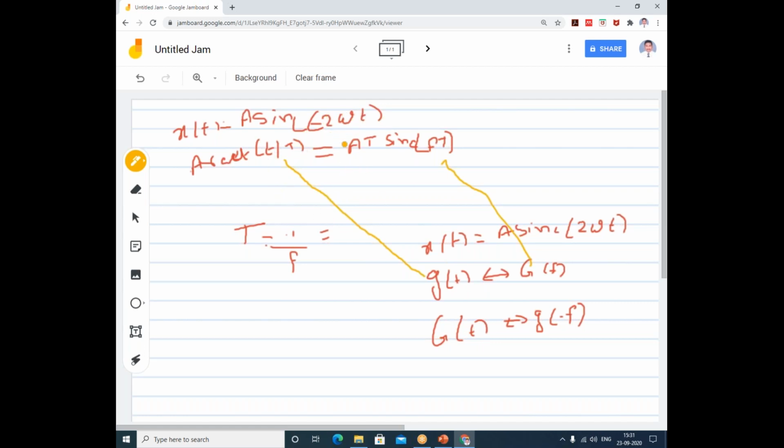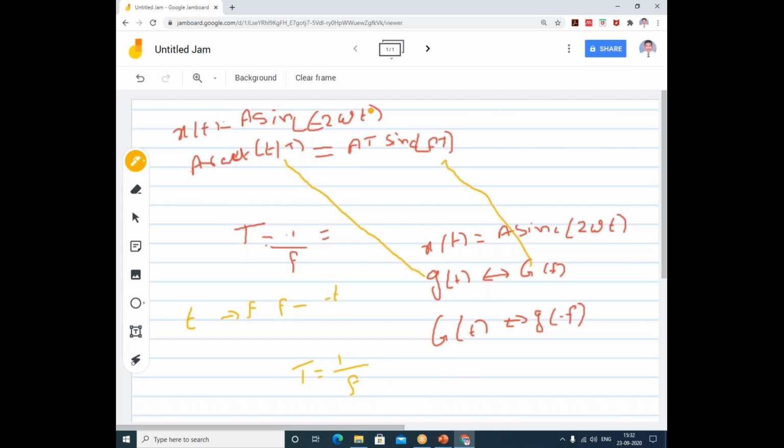Now you please try to understand this. Now you need to replace t with f and f with t. But when you see this in the problem, what is your f to be compared with this? Your f is nothing but 2 omega. But I need to write the relation between t and f. I can write my t equal to 1 by f. So you need to compare this t with f. So when you apply this duality principle, what you have to do? You need to change t with f and f with minus t.